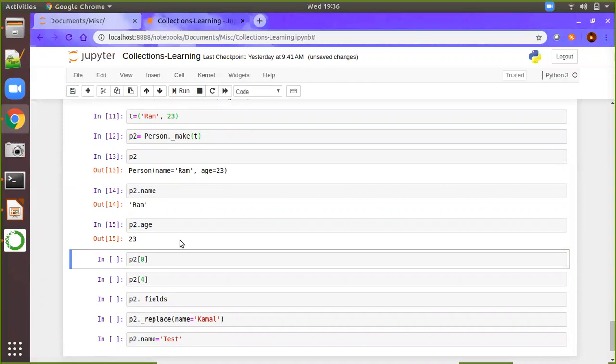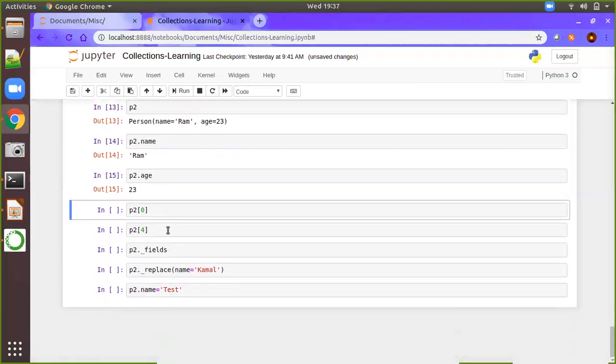And let's say you are going very high level. For example, here we have only two attributes. Let's say you want to create a named tuple with 20 attributes. At that time, going with an index will not make any sense because it will be confusing, and every time you need to map which field goes with which index. But with a named tuple, you don't need to worry about this. Every time you add or update something, it will be accessed by the name. That's the reason we can access with the attribute names p2.name and p2.age.